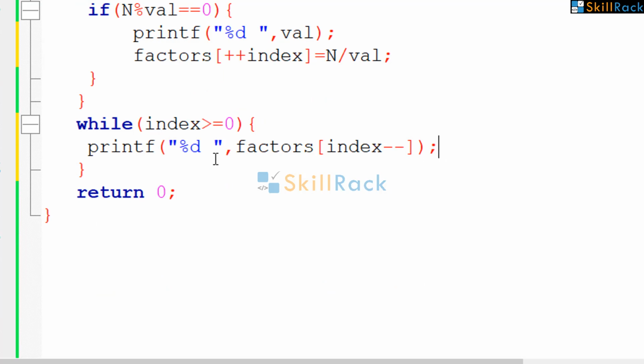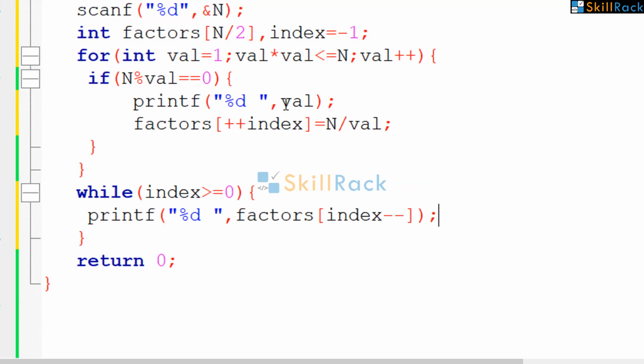So, here we are printing the value in the reverse order because for 100 will be there, but 100 must be printed in the end. So, let us execute this program.